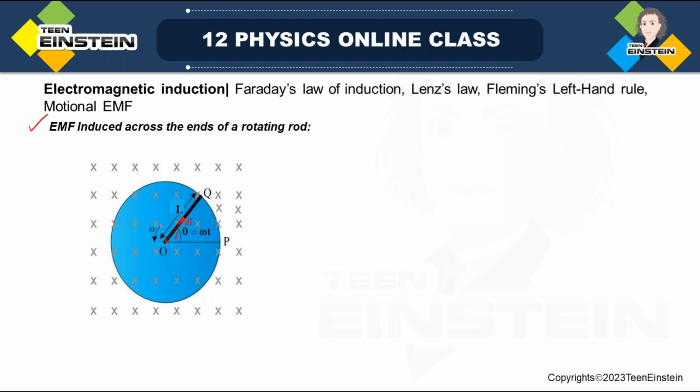Suppose there is a rotating rod here. One end of the rod is pivoted at the center of this circular path. Pivoted means this is fixed here, and the other end is rotating about the axis passing through